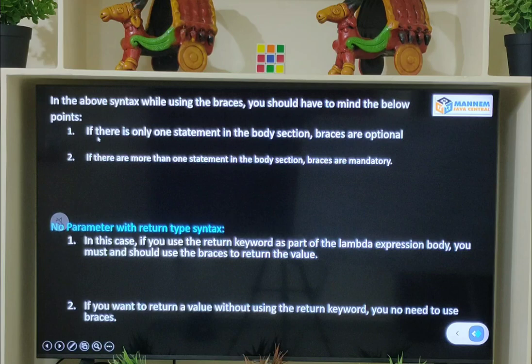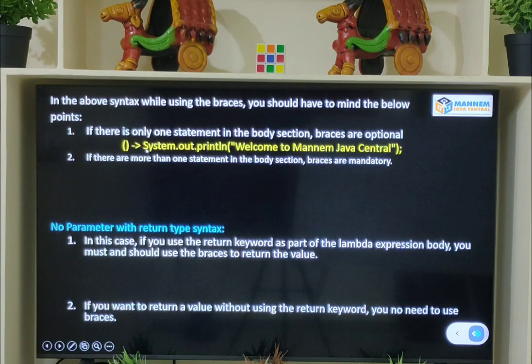See, the first one is, if there is only one statement in the body section, braces are optional. See this example. As we have only one statement as part of the lambda expression body, we have not surrounded this statement with curly braces. Simple thing. And the next one is, if there is more than one statement in the body section, braces are mandatory.